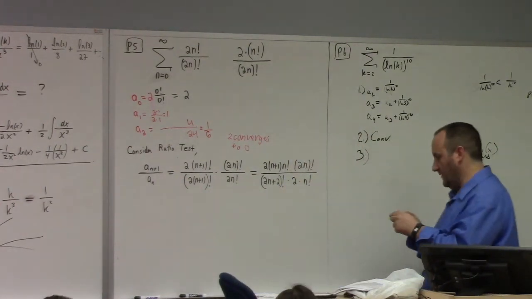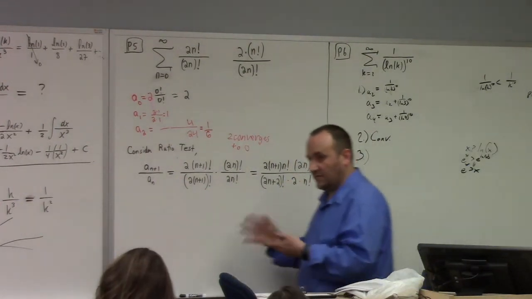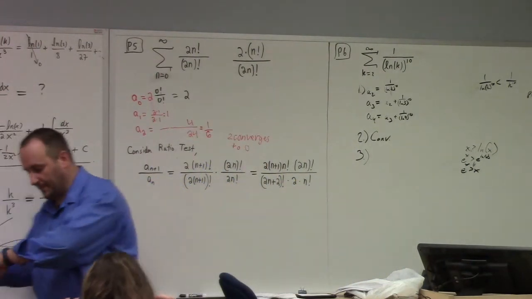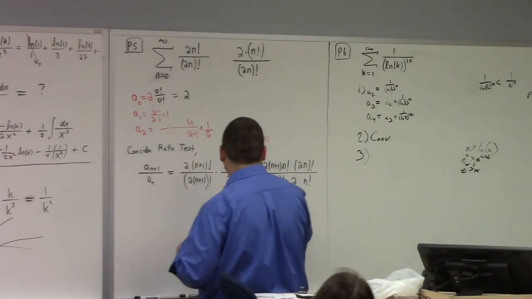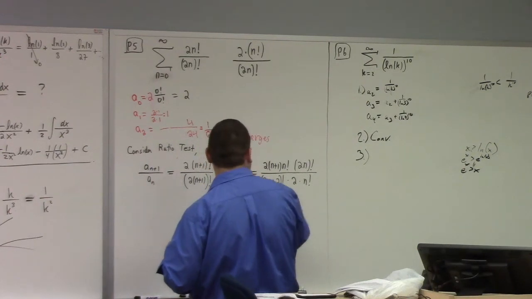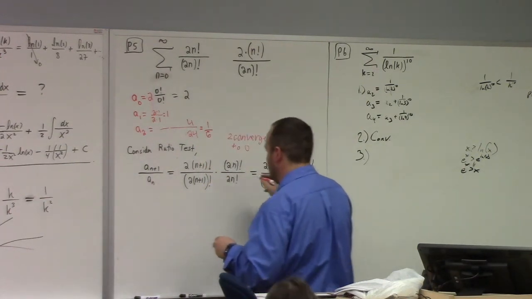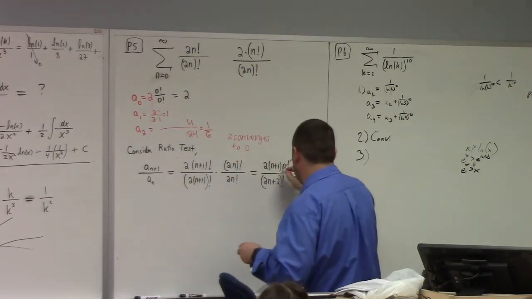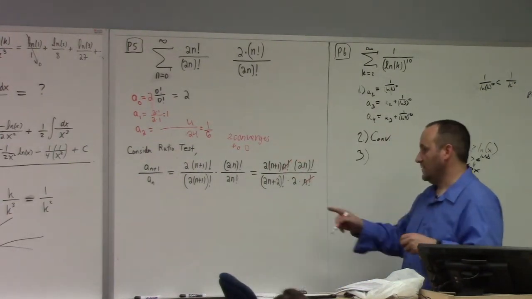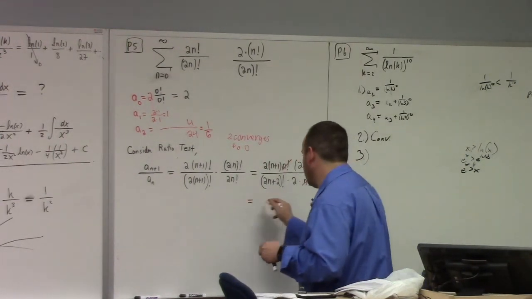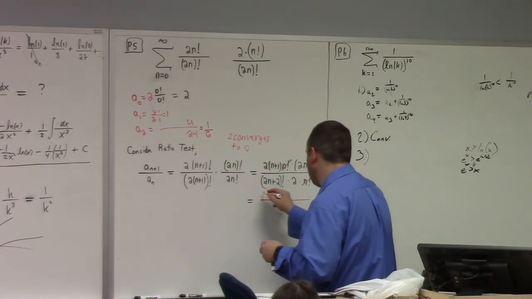So already I can see that there's an n factorial which cancels. There's this and that. They cancel, right? And let me just point out that 2n plus 2 factorial downstairs